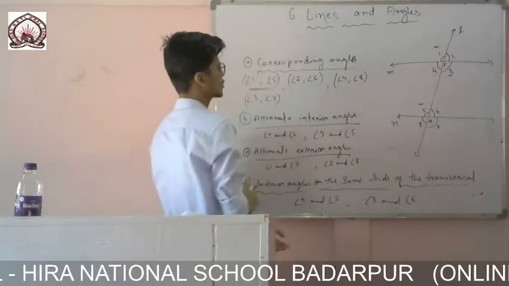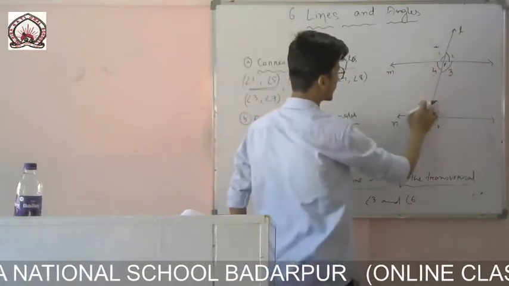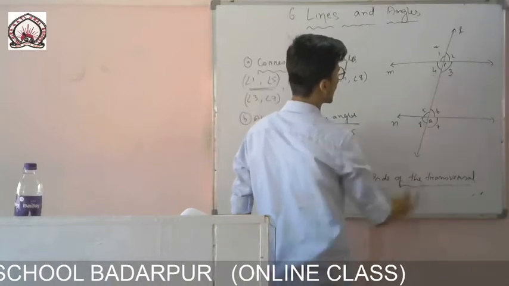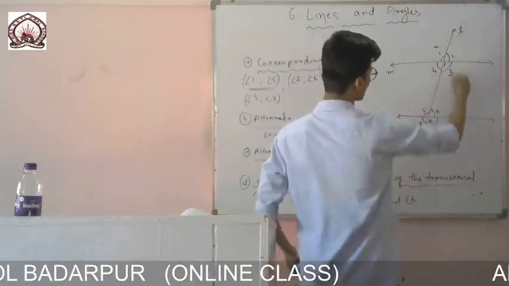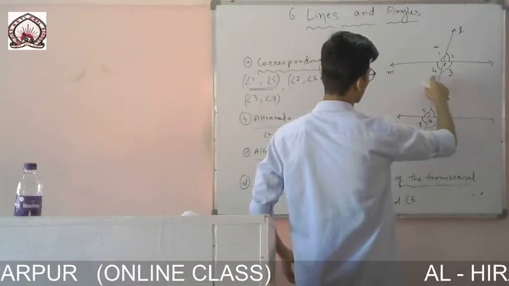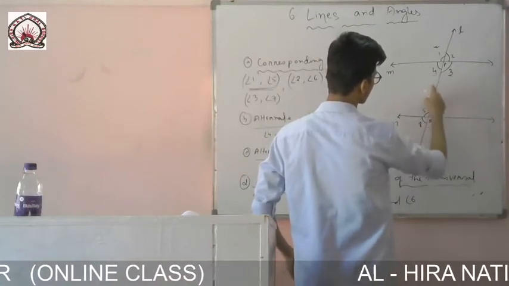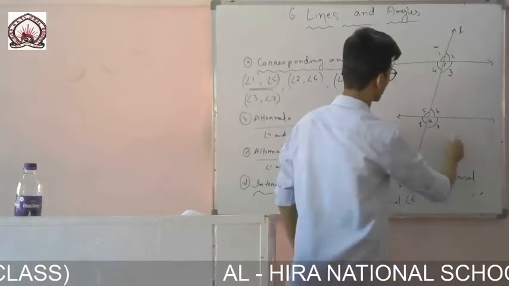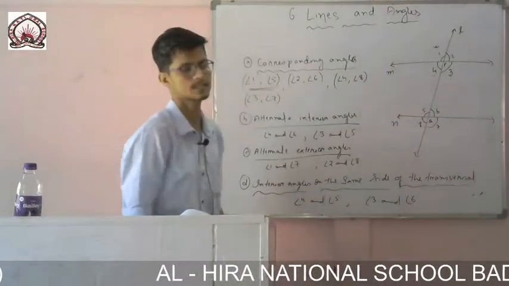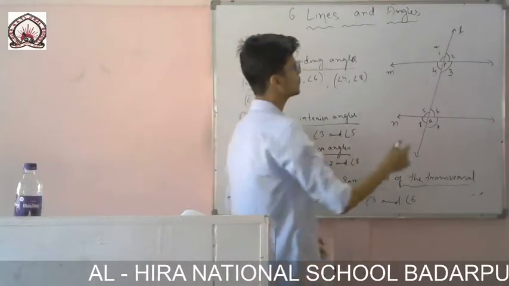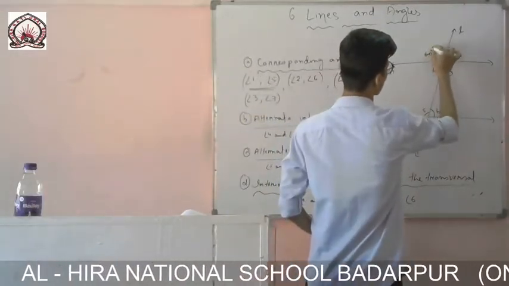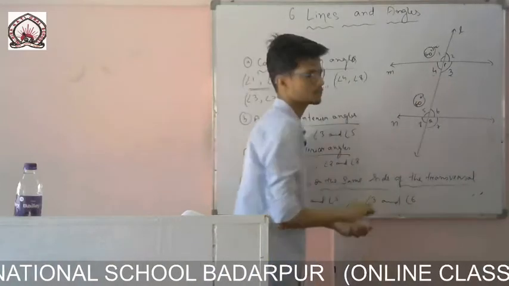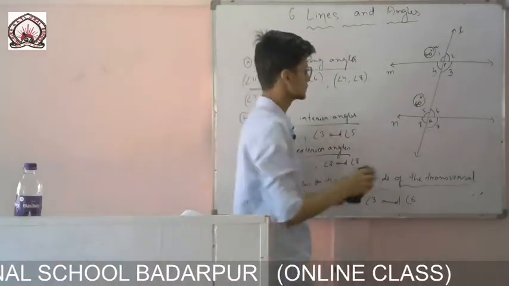So you see here corresponding angles, angle 1 and angle 5, one should be exterior, another should be interior. Then this one 2, 6, then it will be one interior, another one exterior on the same side, so 4, 8, another 3 and 7. So these are corresponding angles, and these angles are equal. If I write the value here 60 degree for angle 1, then for angle 5 also it will come 60 degree, because corresponding angles are equal.